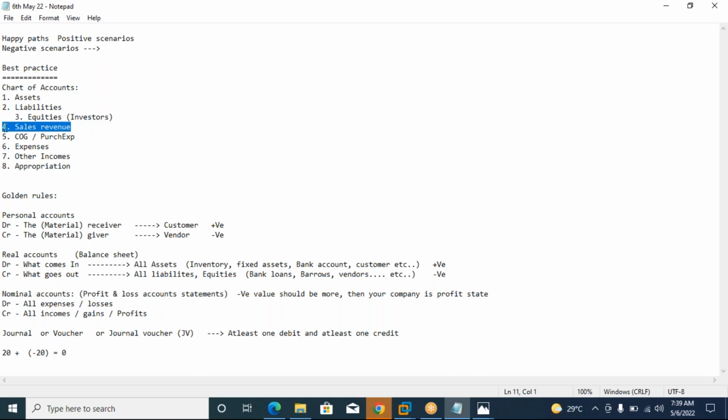If they are not convinced, you don't have an alternative. If they say 1 means sales revenue, 2 means expenses, 3 means other incomes, 4 means assets, whatever they are following, you need to follow. But you need to try to convince the customer. The reason behind this: